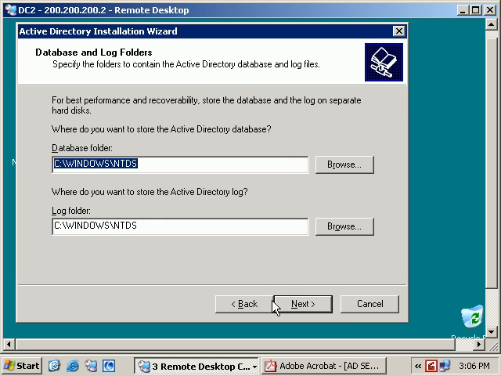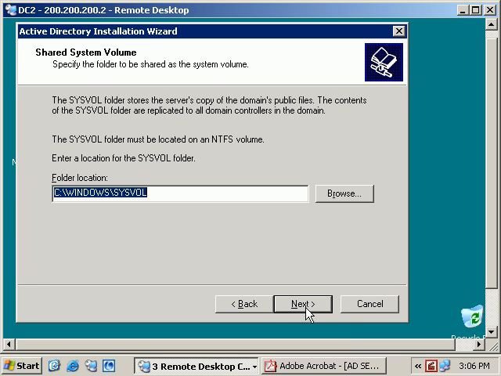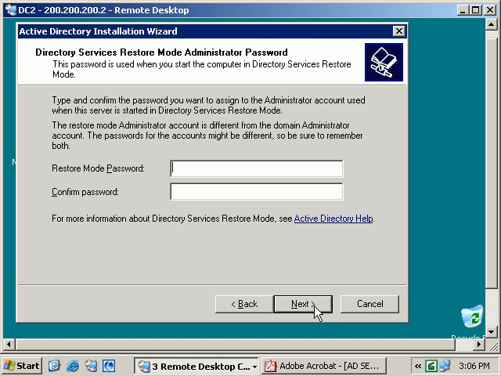is letting me know that I'm going to create a new domain controller on this computer, and it's going to copy the files on the C drive. If I click on the Next button, we should see the information on the SYSVOL. It must be on an NTFS volume. I'm going to accept all these, go on to the next one, and if you recall from our discussion before,